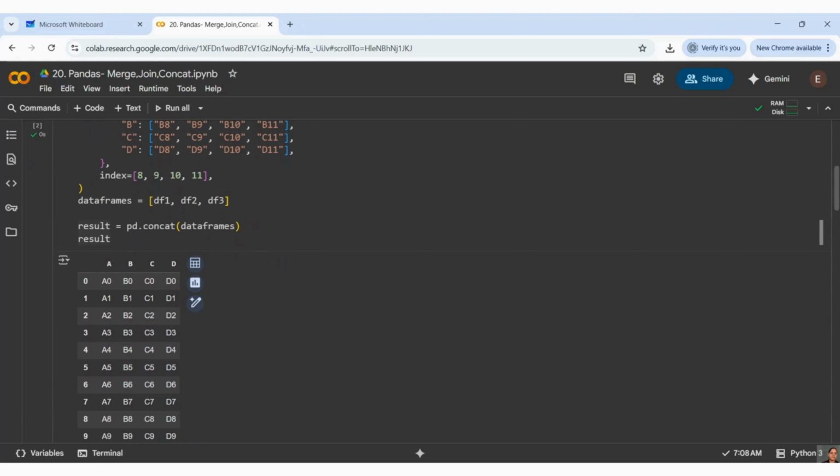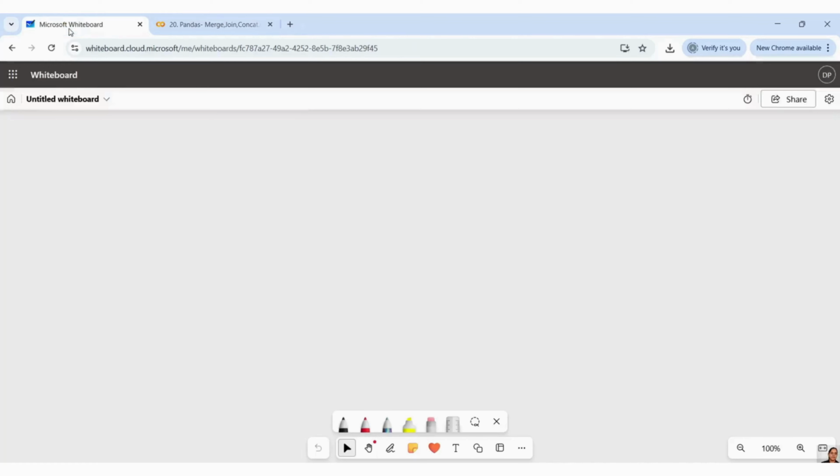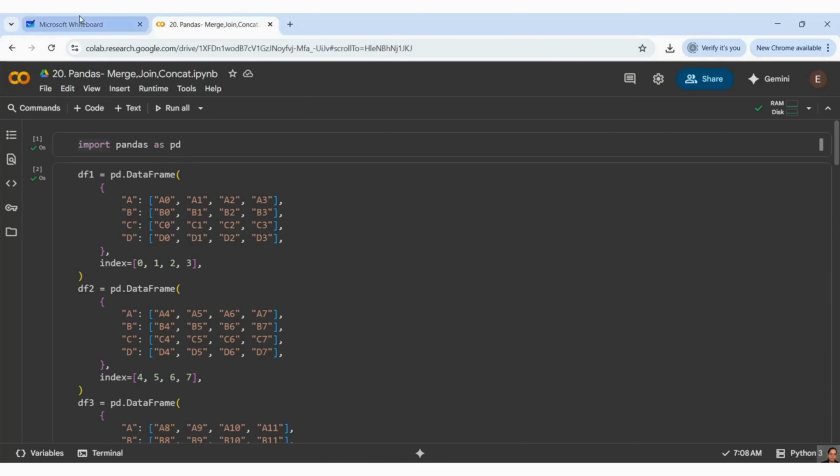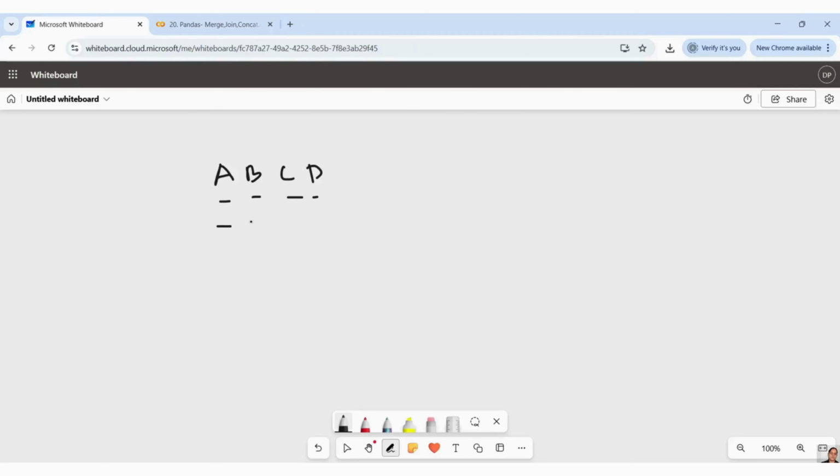Let me tell you what exactly happened. Taking the whiteboard, my first table or first data has columns A, B, C, D and some values here. I have 4 columns.